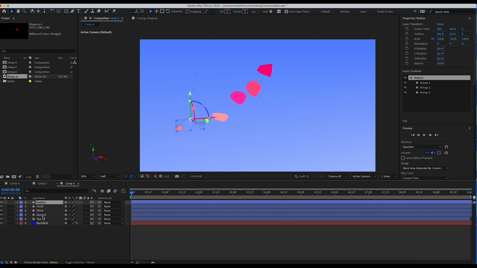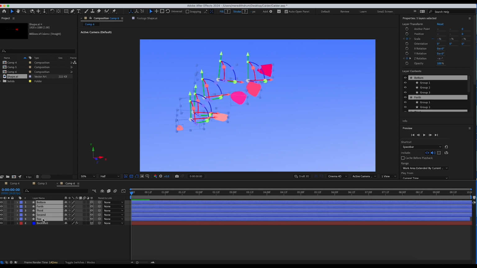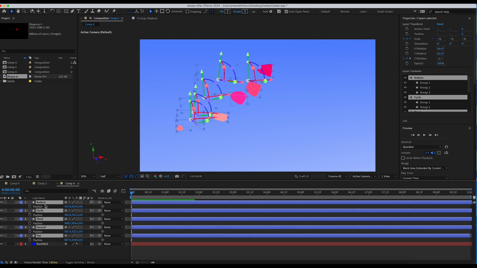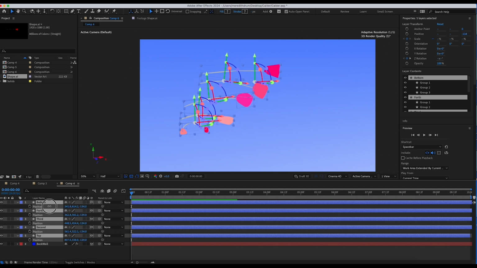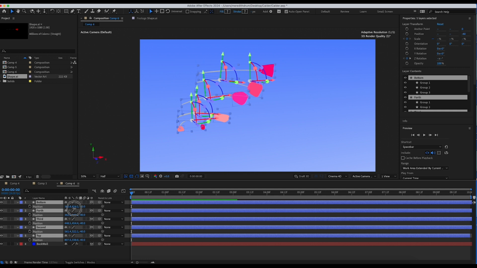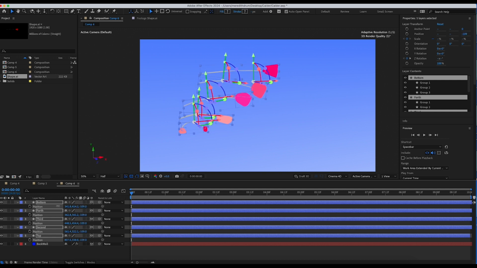They're all a little bit hidden though behind that back wall. So let's just move them forward a bit. I'm going to just select them all and press P for position. And then let's move those all forward towards the camera. And it's actually a negative number. So you're going to move, I'm just putting my mouse there in the third set of numbers and moving to the left to move it forward. And if you wish, you can just type in a number.